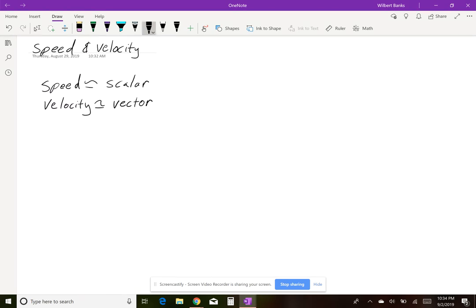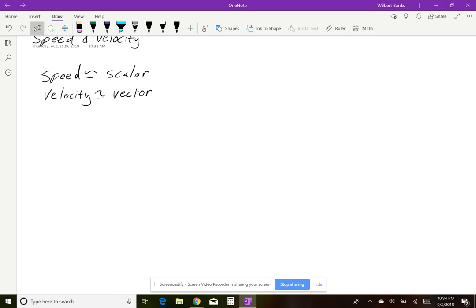While the difference would be that velocity is a vector, so therefore it has direction to it. So in that case, I'm concerned about the direction that the object is going, such as 25 miles per hour northeast or south. So when I add the direction to it, it automatically makes that into a velocity instead of a speed. These two guys have equations in which speed equals distance